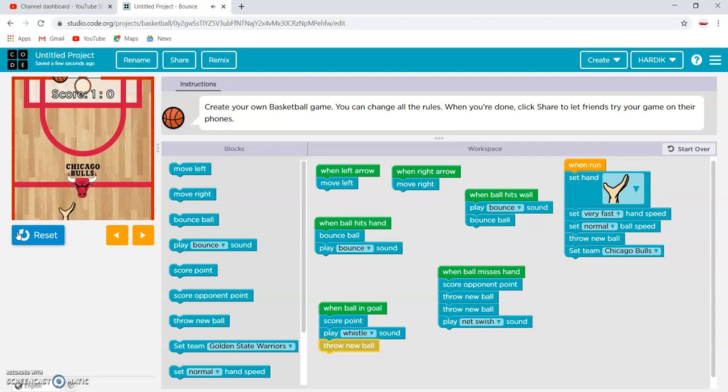Yes, we can increase the speed of the ball, but then it will be difficult for some users. You can increase the speed of the ball, like, see, now I missed it. Now two balls will arrive, as I told. Like, see over here, throw new balls I have written twice, so twice it will come.